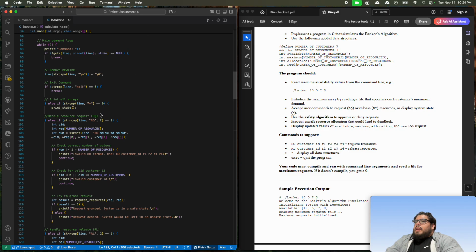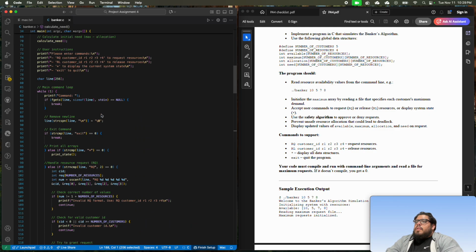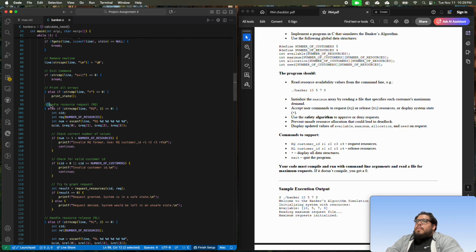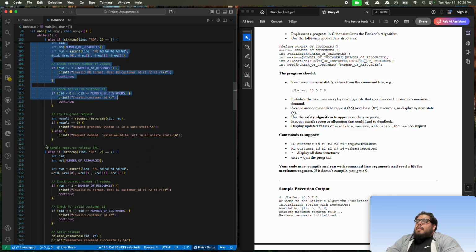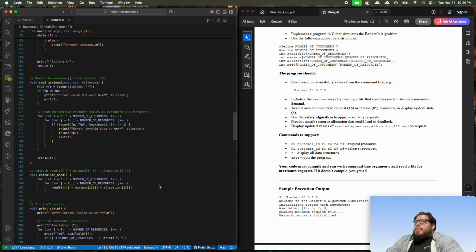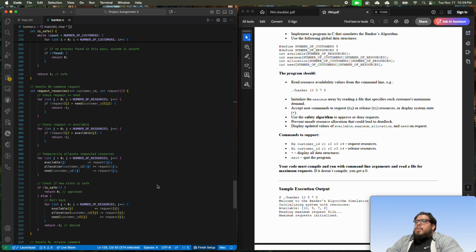So then here in main, I'm going to show the commands that will be handled. And here in main, the request will be handled right here. And then the release is going to be handled right here. And then for this, when a user enters the RQ command, it's going to call the request resource function. So when it calls the function, it will call this function right here. Where it calls this function,